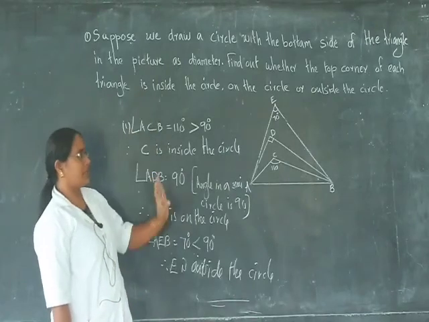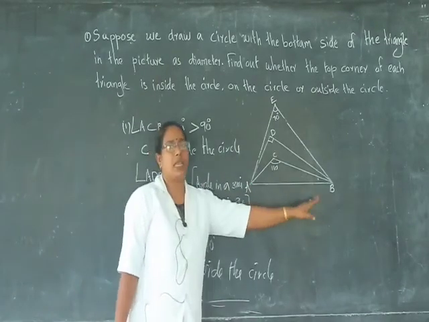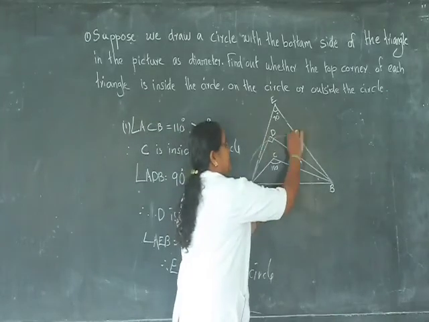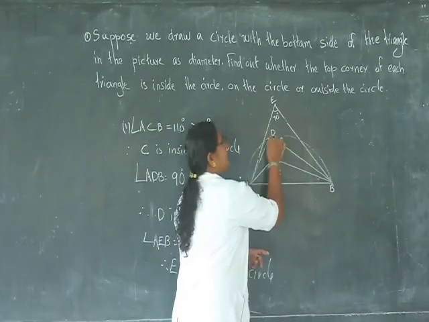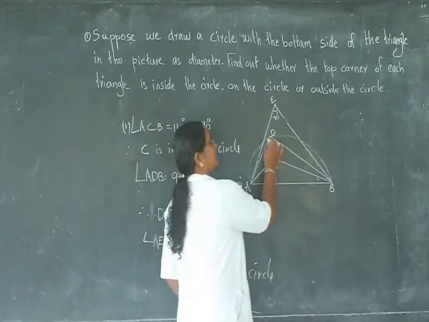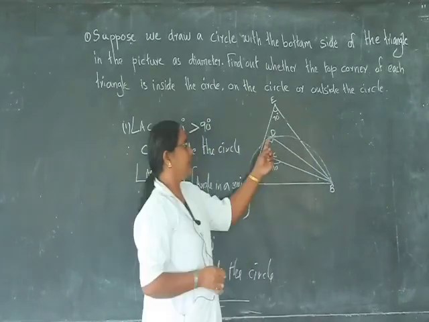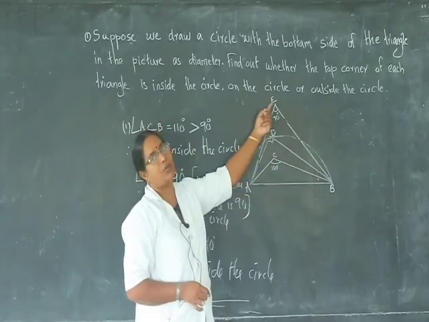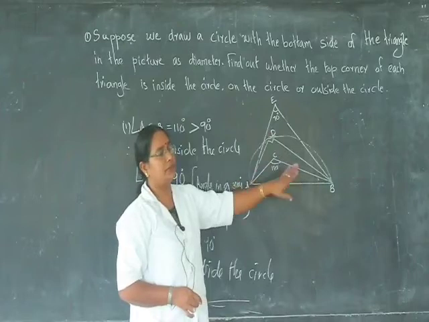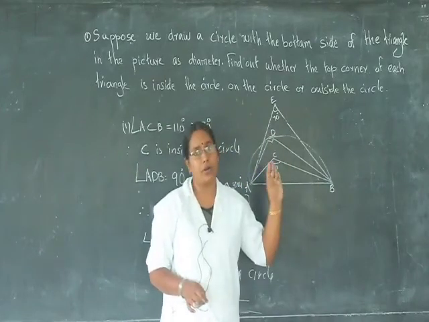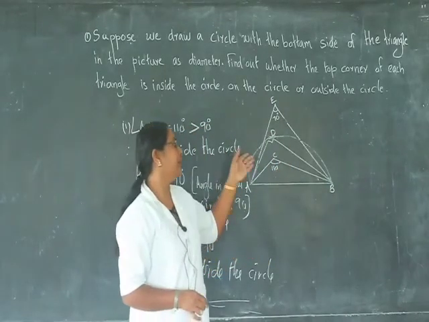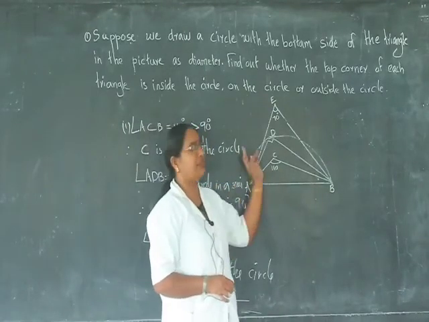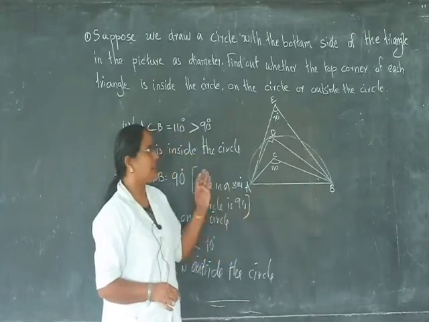Here the question is: suppose AB is a diameter, draw a circle. Therefore, this point D is on the circle, C is inside, E is outside. But you do not need to draw the circle. The reason is that in an exam, drawing the circle is very difficult. Therefore, do not draw it, just a rough figure.